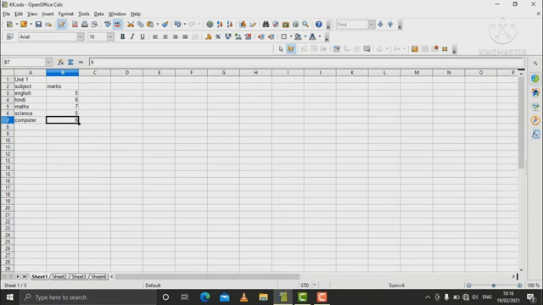For example, here I have some information I have already entered. Here some subject wise marks are entered in sheet 1. On sheet 2 I have marks of unit 2, and on sheet 3 I have the marks of unit 3.